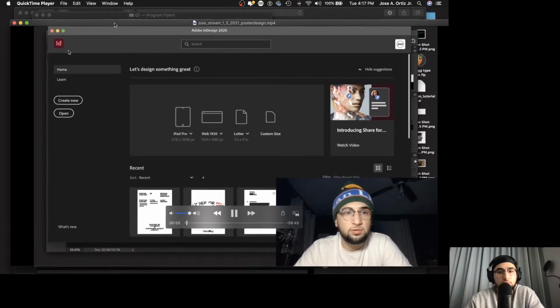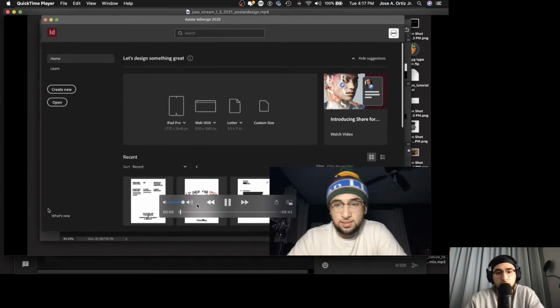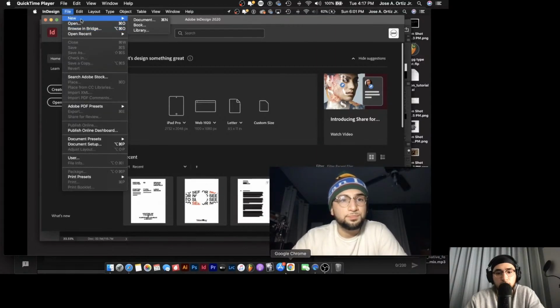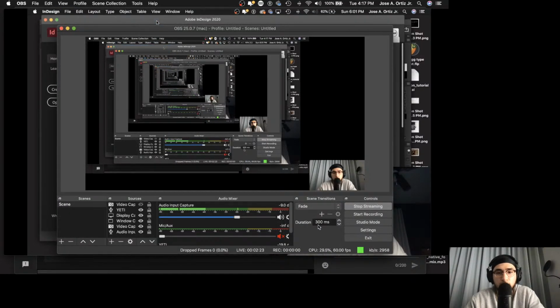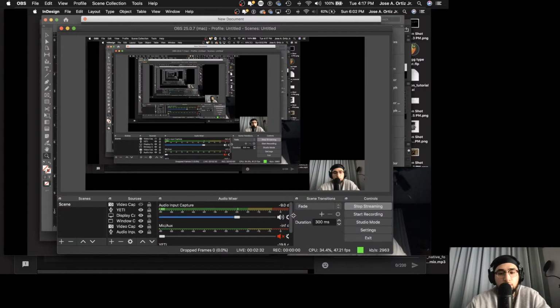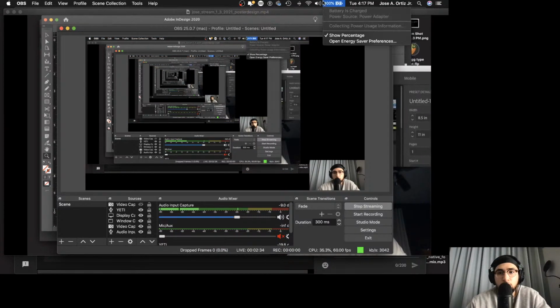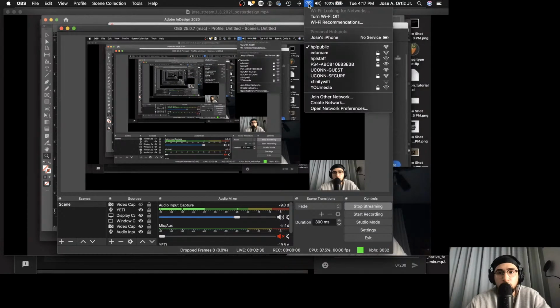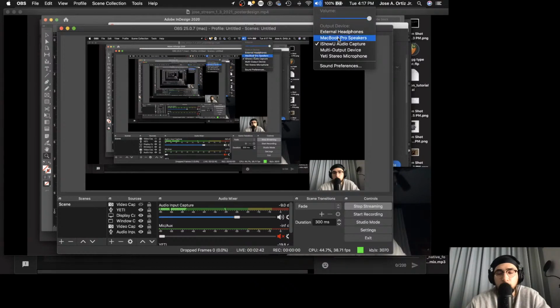What I'm gonna be doing now is I'm gonna be using Adobe InDesign to set up my poster. Start a new document. And we're just gonna make it, 8.5 by 11. Hit preview. 8.5 by 11 is also known as letter size. This is where you would adjust any of the margins, things like that. We're not gonna be doing any of that right now. Just